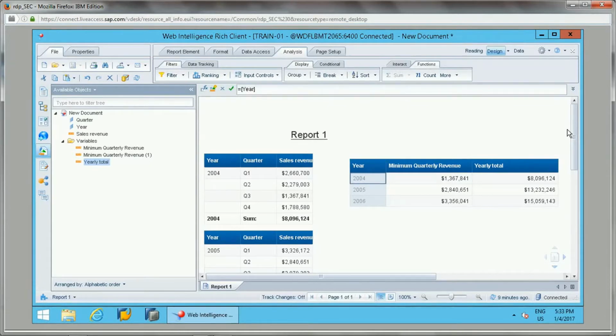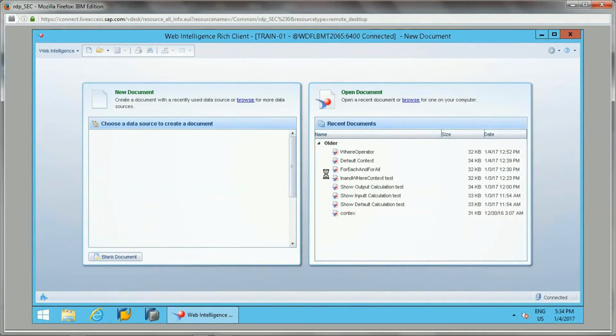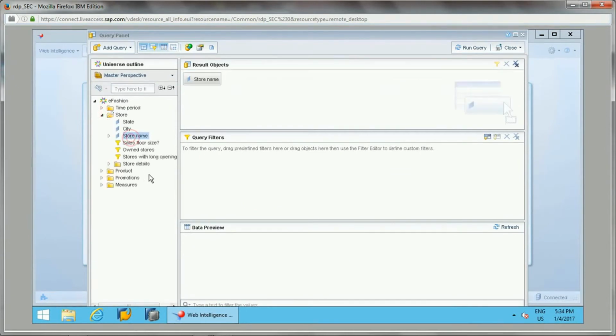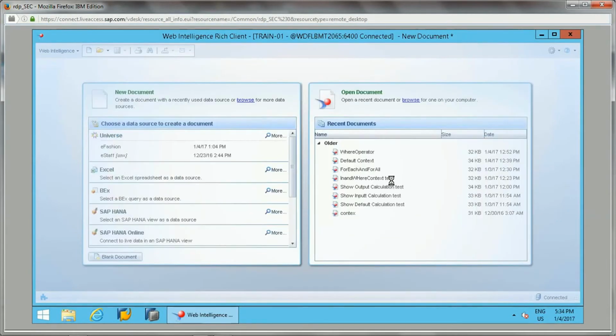Let's come to the extended syntax keywords. There are five extended syntax keywords, which are report, body, section, block, and then break. So I will take one of the extended syntax keywords from that. So let me close this.